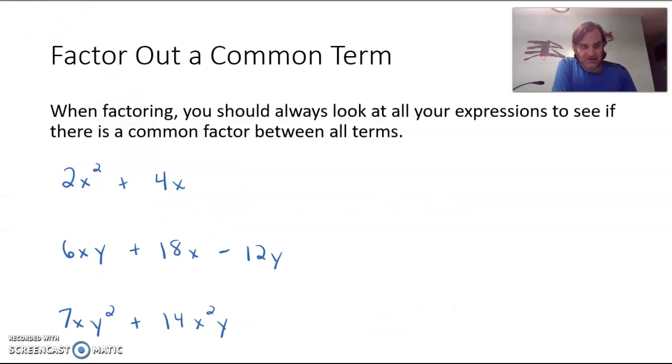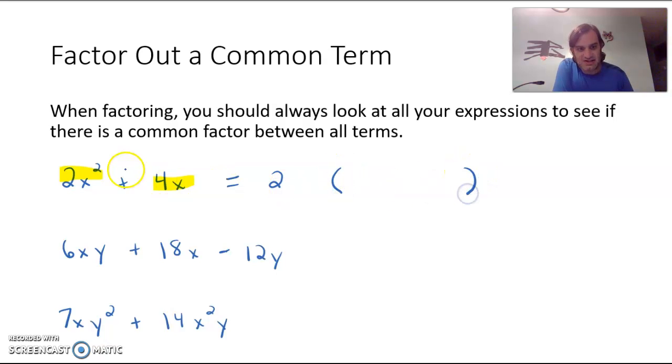So here we are, we're going to factor out, or we're going to pull out a common factor. These will be pretty simple because we're looking for a term to come out of each term, which may not always happen, but in the examples I have here it will. So we have 2x squared plus 4x. So we need to look at both of those things, 2x squared and 4x. And we're trying to see if they have any factors in common, which first thing we would look at is to see if they have any numbers in common. So 2 and 4 are both divisible by 2. So I'm going to pull this out and I'm going to put a parentheses over here